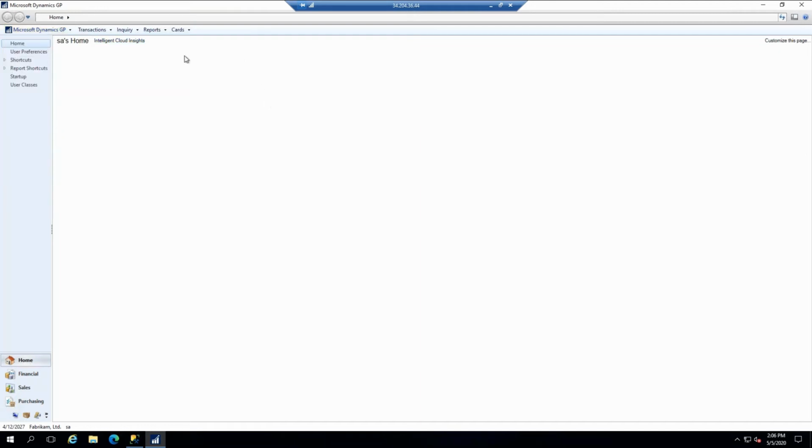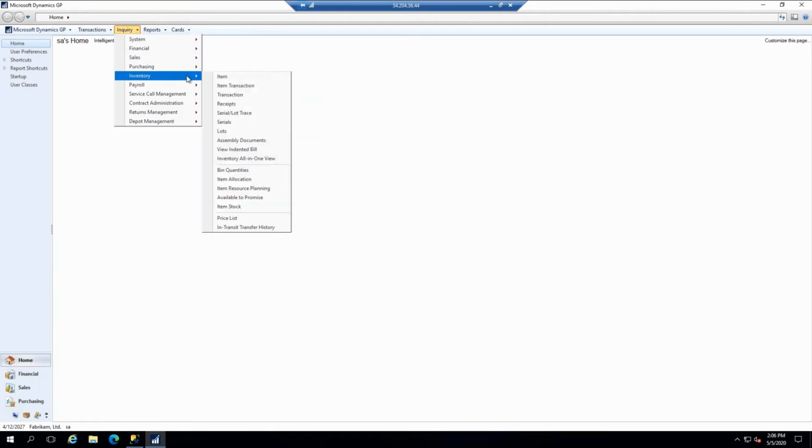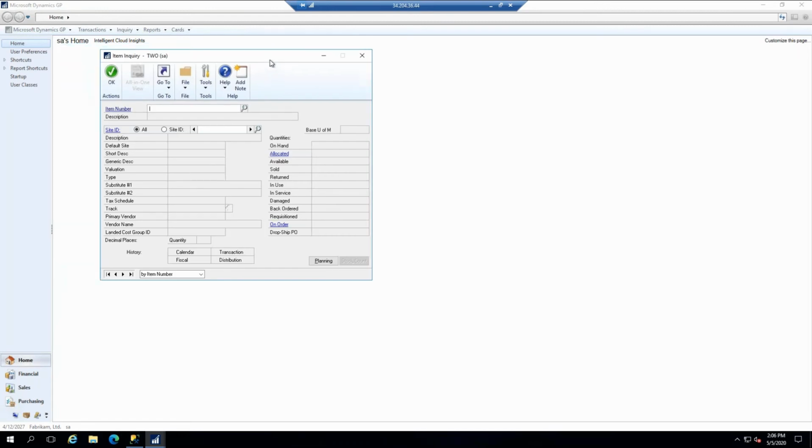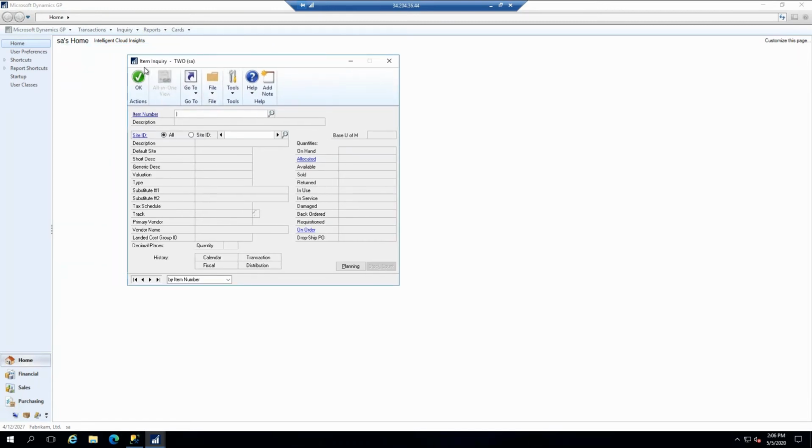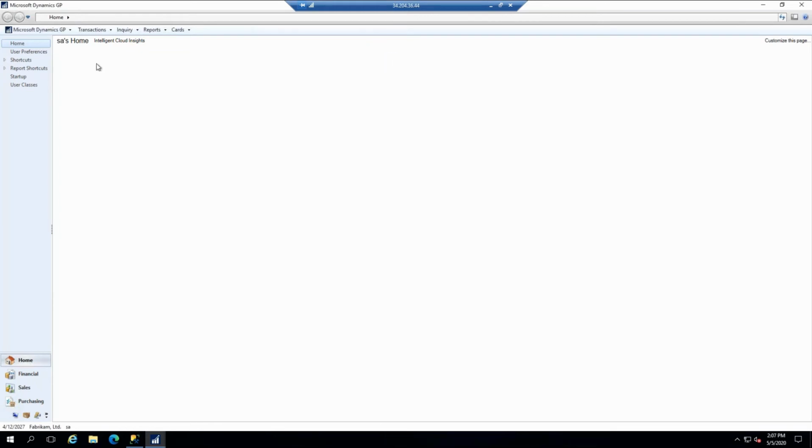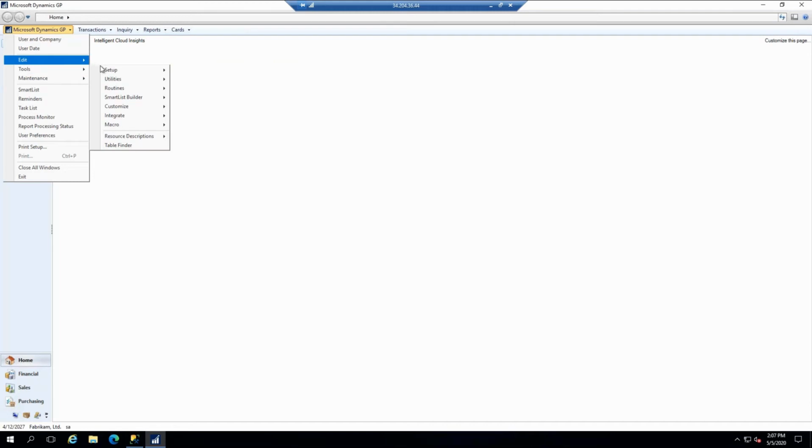So if we're continuing with the item criteria, we can go to Inquiry and Inventory and our item. So if we just pull up this screen in GP, we can see that the name of the window is always going to be at the top. So the name of the window is Item Inquiry. And we can see some potential fields that we might be interested in. For example, the item number. If I just go over to one of the first items that we have, we can see that the item number is actually going to be the identifier that we're going to use so that we know which item we're looking at. So I'll just exit out of this, and we can go back to Tools, Resource Descriptions,